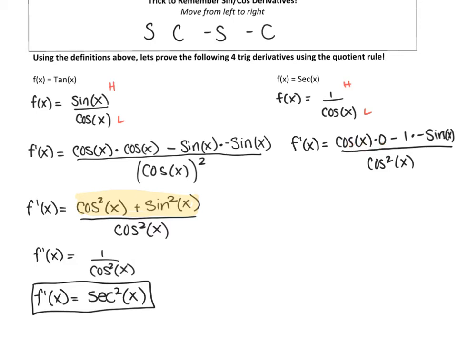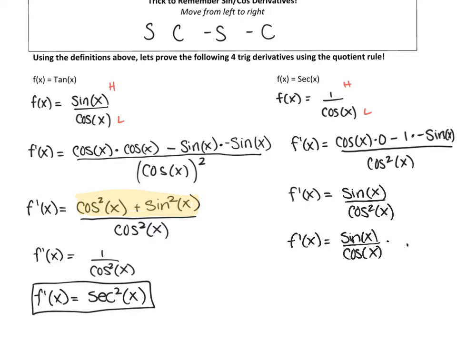Cosine times 0 is nothing other than 0. So f prime of x is 0, which actually I'm not even going to write. And a negative times a negative is a positive. So this actually just becomes positive sine x over cosine squared x. And we actually can simplify that a little bit more if we make it sine x over cos x